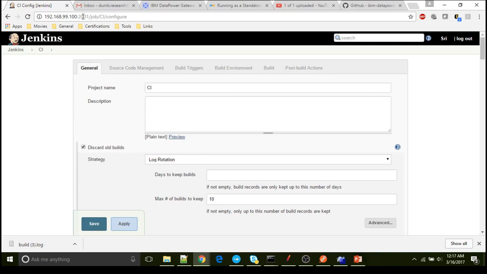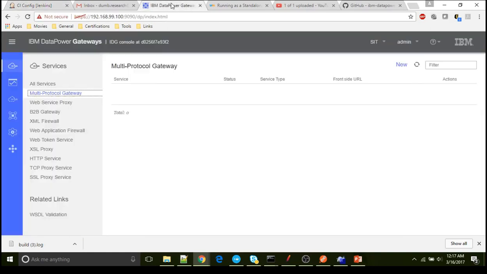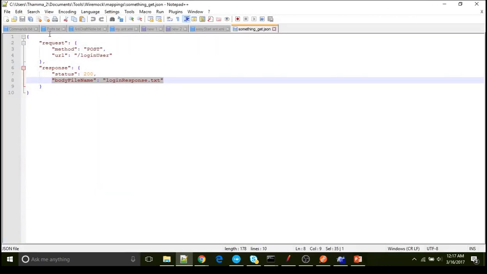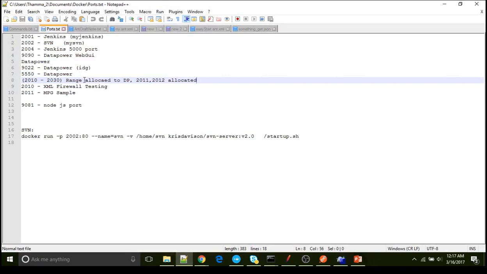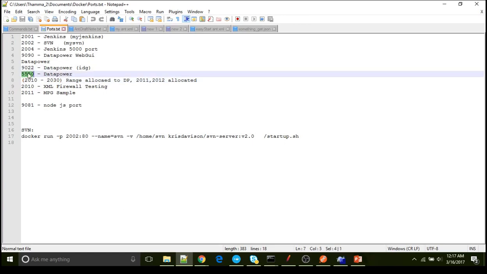In those scenarios, when creating a container for DataPower, you can create a range of ports. So you can see DataPower here. I have the same IP address, but the port is 1990. I also have some ports assigned to it while creating the container. So 2010 to 2030, and these are the different ports that I use. 550 for admin activities.